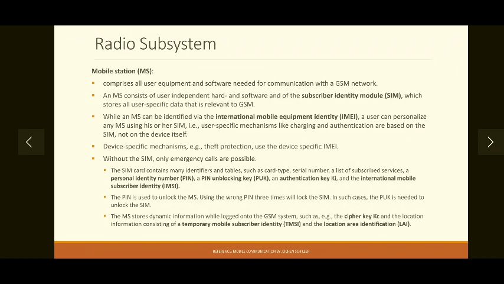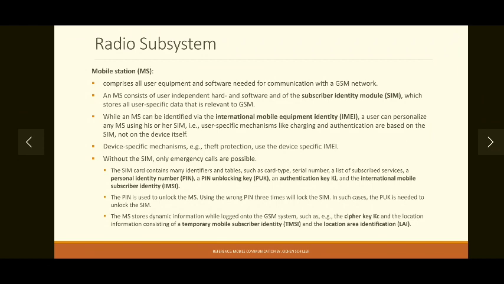Now, the main part at the user end, that is the mobile station. So, what is a mobile station? Mobile station is not simply the handset or portable device used by the user. It comprises the mobile handset, that is the portable device, the SIM card, and necessary functionality along with it. The functional groups of the mobile station will come in the next slide. So it comprises all the user equipment, that is hardware and software both, needed for communication within that particular cell.